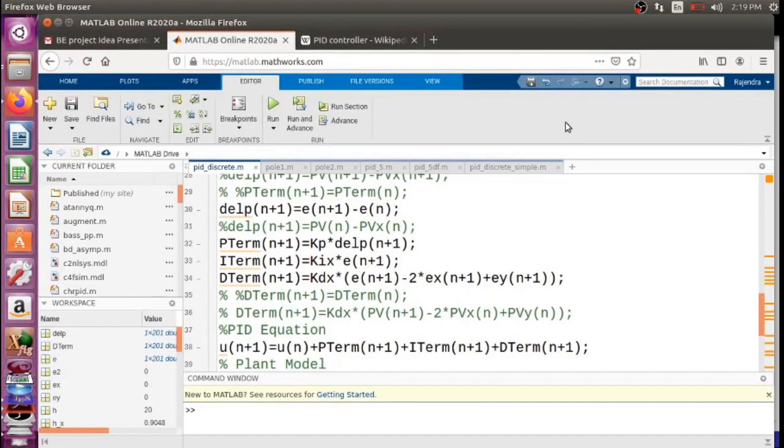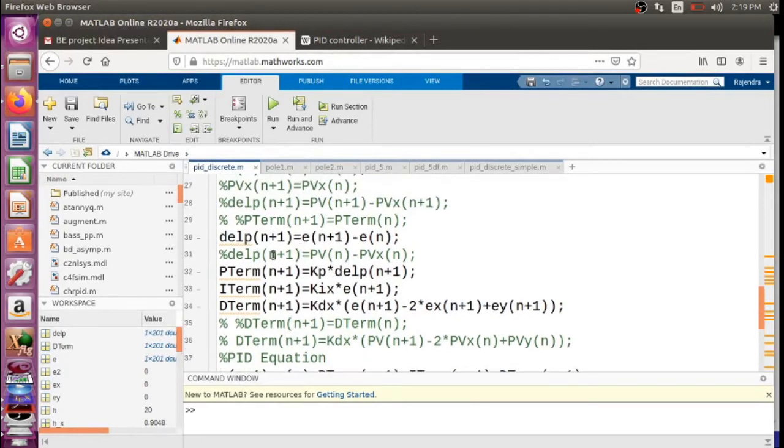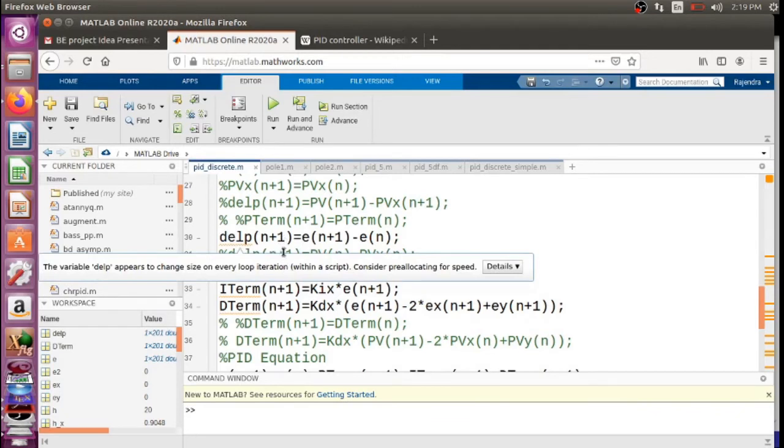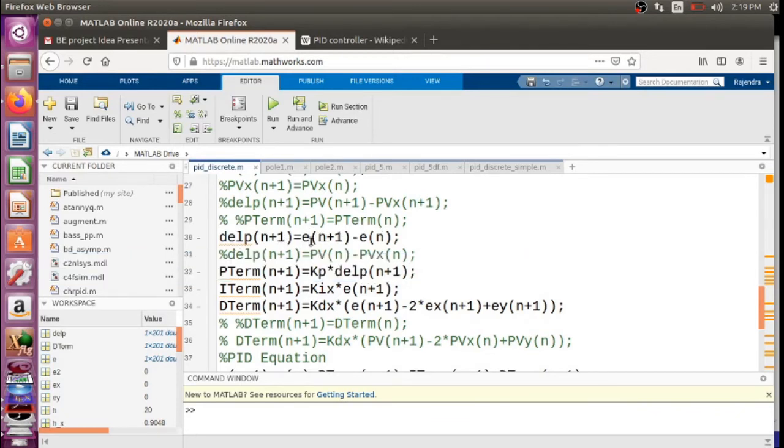Here in this case, P term is written as Kp into del P n plus 1. Del P is basically the error difference of the present error and the previous error.